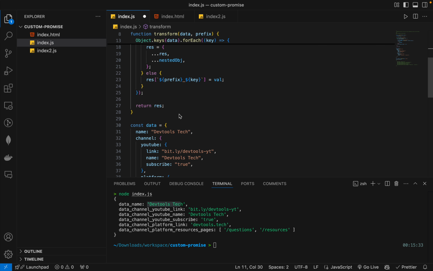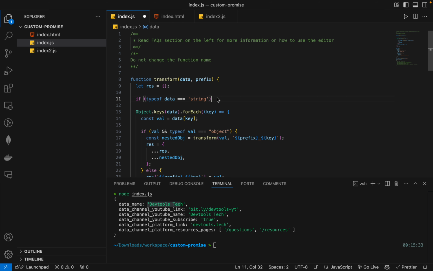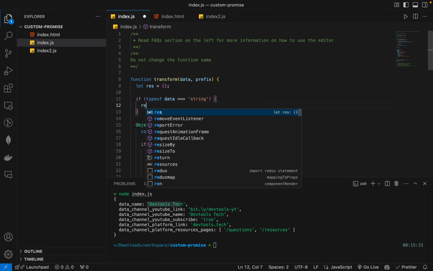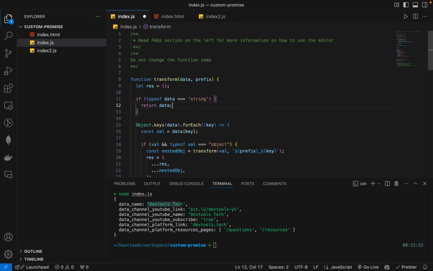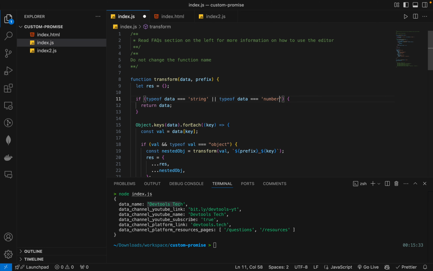That means while doing recursion, we end up with the value here, then we just need to return the value. Return data, right? So we'll also do this for type of data equal to number, or type of data equal to boolean,